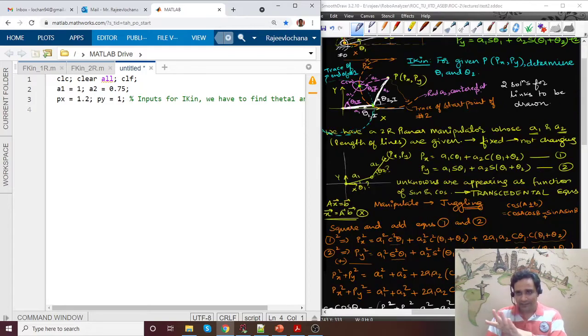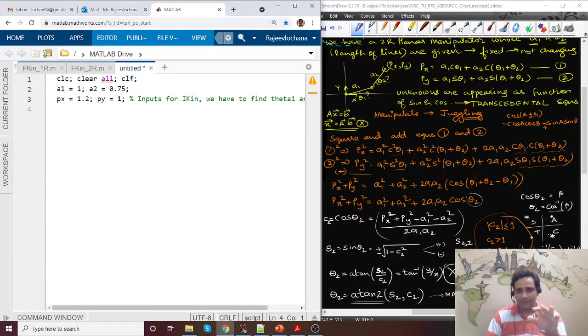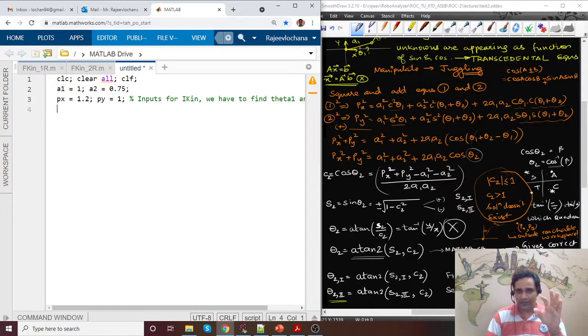All the jugglery that we did in the inverse kinematics formulation, we don't have to write those expressions. We'll only write the expressions using which we'll be determining the unknowns. Now what are the unknowns? The first unknown is a parameter called C2. C2 is the parameter that is shown here, and it has Px square plus Py square minus A1 square minus A2 square, divided by 2 into